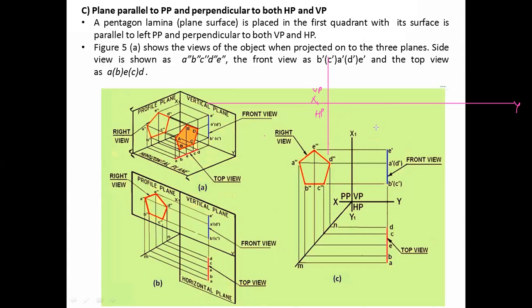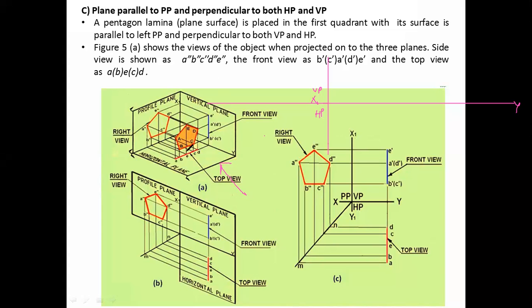Front view. Front view, what will you draw in front view? Do you know how it will look in front view? It will be a line, but how much length will it be? Do you know? Right view. First of all you need to draw the right hand side view. From this side you can see it. First target must be to draw the true shape.